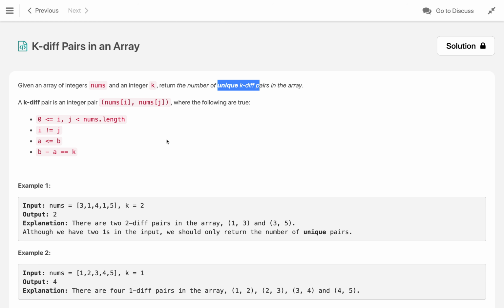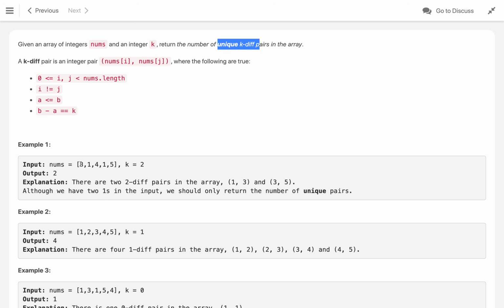So how will we solve this problem? Here is example 1. We have 3 1 4 1 5 and k is 2. If we try to see, there is one pair 3 1 and there is another pair 3 5 which has the difference 2.